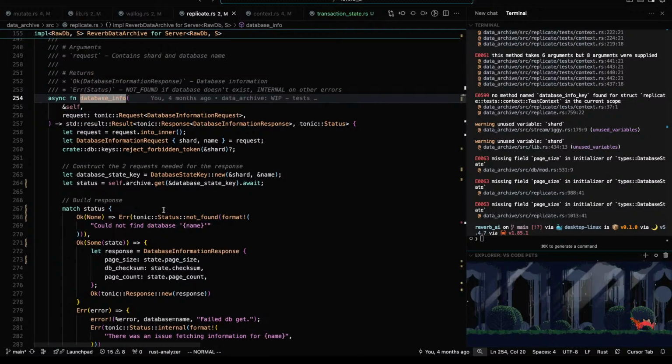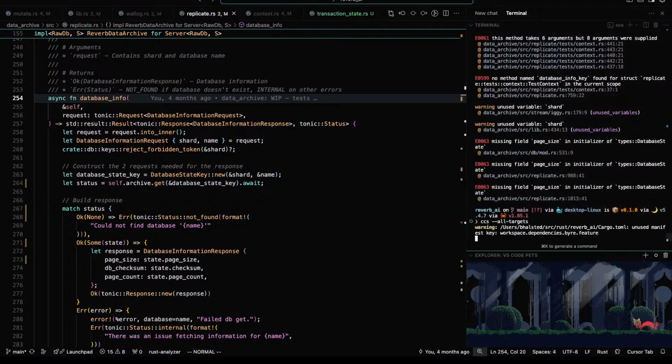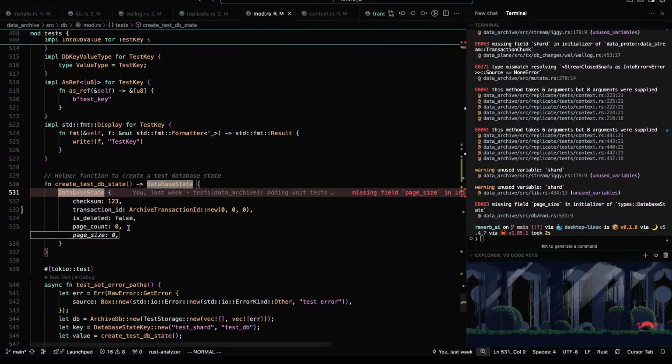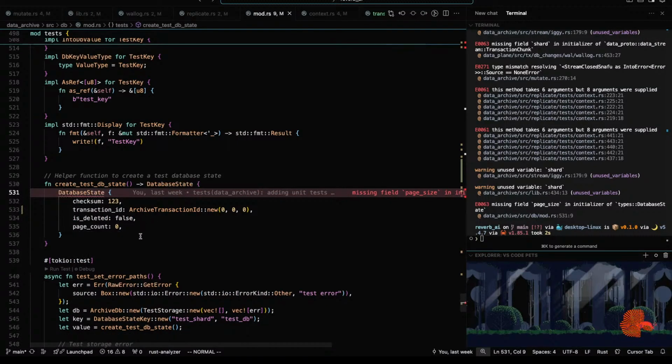A bit simpler. Solves that. Great, test DB state.